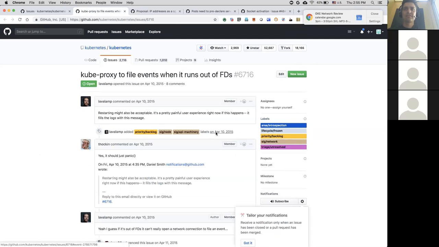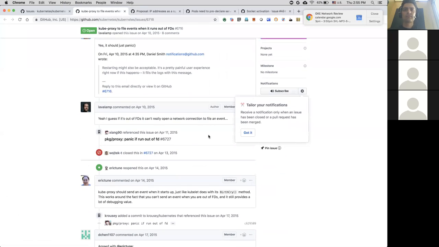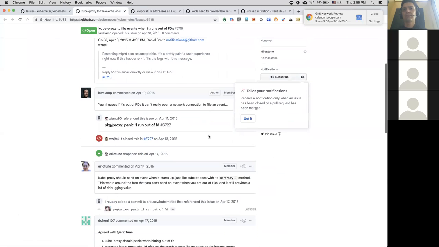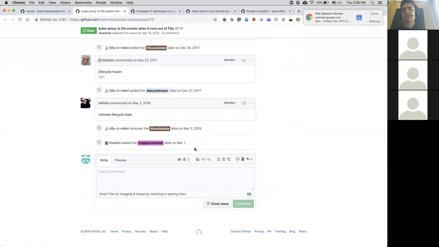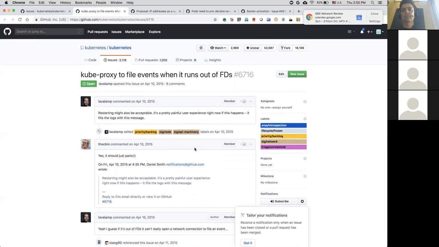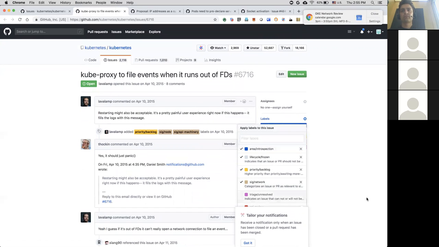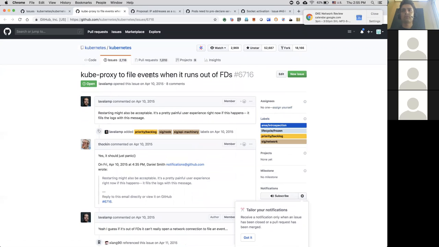Fire events. But there's so many. So why would it run out of FDs? Oh, yeah, okay. Never mind, I get it. How's it send an event if it doesn't have any files? But then you end up having an event per node. That's why kubeproxy never sends immense events. What's that? Because you're going to have one event per node. Oh, but it's on the specific kubeproxy, I guess. Oh yeah, that's true.